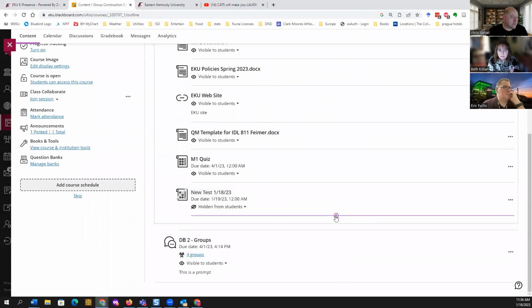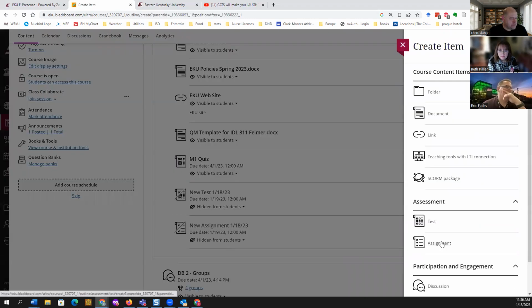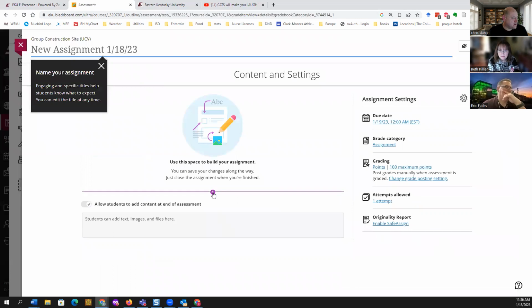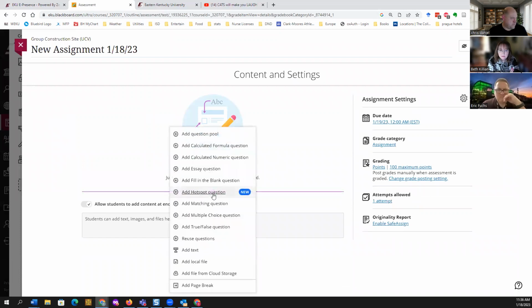Assignments also very similar. It looks almost the same. You get a canvas. I'm going to hit create, go to assignment. Typically for submissions, written submissions or submissions of other types of files, I would just click the plus and then go to, I'm looking for the prompt, add text there.